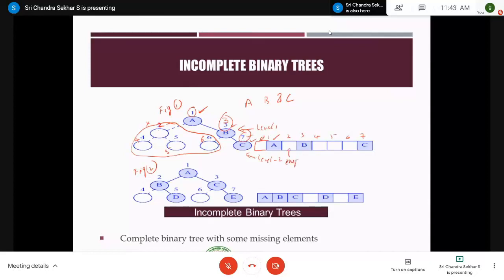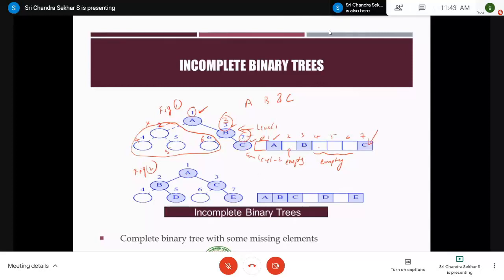And if you go to this 3, B is having the node number of 3. Therefore, B should be stored in index 3. Similarly, we don't have any values for 4, 5 and 6. Therefore, you leave these empty. And we have the last node C, which is numbered as 7. Therefore, it should be stored in the 7th index, right?